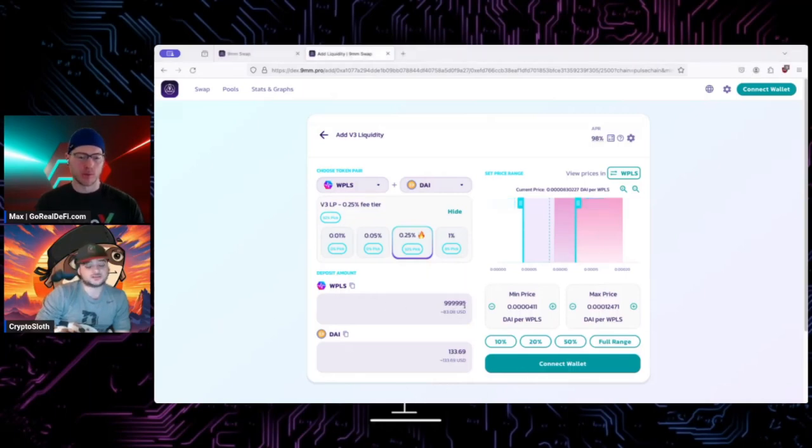Other profitable ways is kind of like this, but maybe you increase it out a little bit more so that you're earning fees over a longer period of time and you just don't have to worry about it. And so when you're earning the fees, the chances that it outweighs any impermanent loss is higher because you're earning them for longer. And then the other way is not necessarily being profitable, but